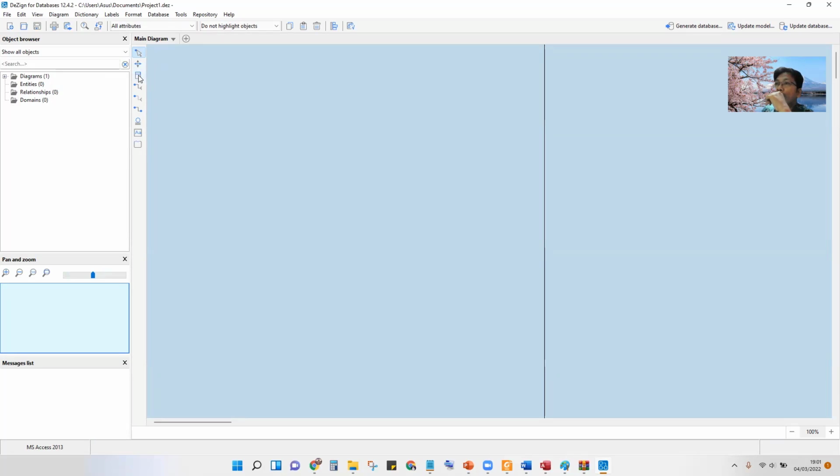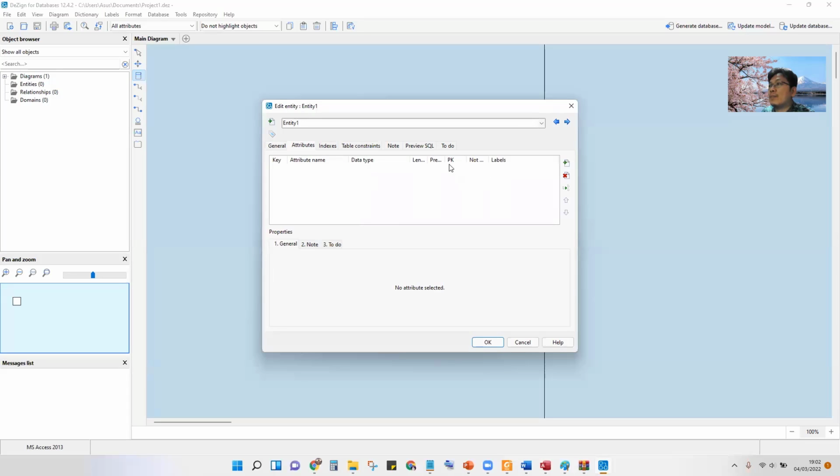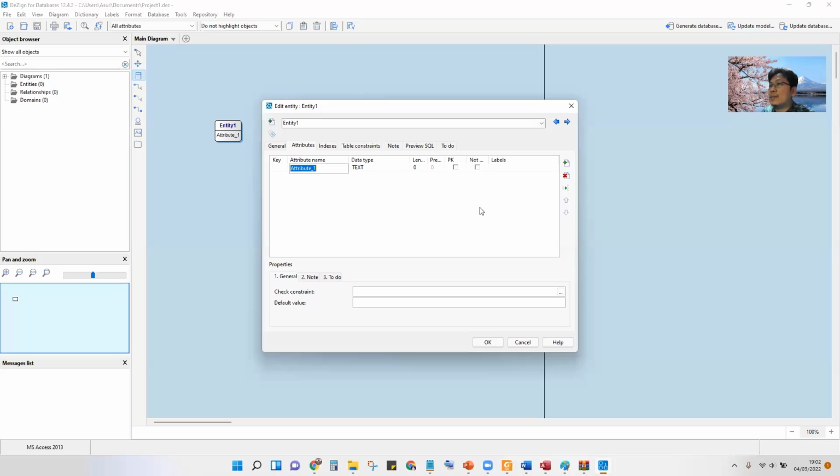So you can just add, for example, customer attribute. You can add, for example, ID, the name.